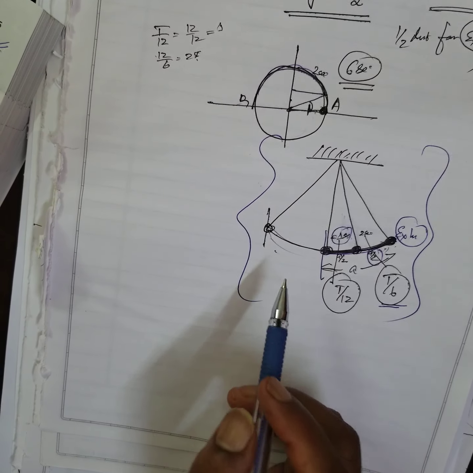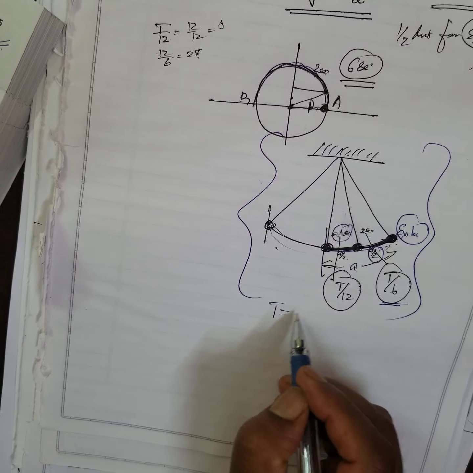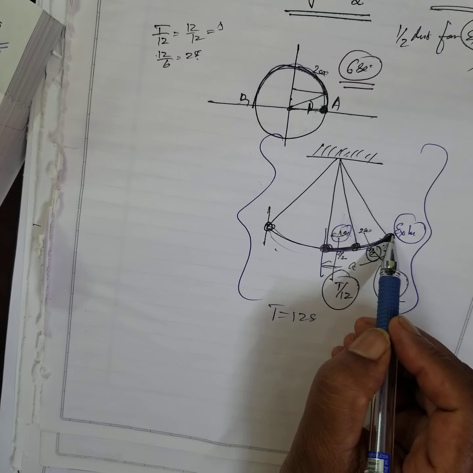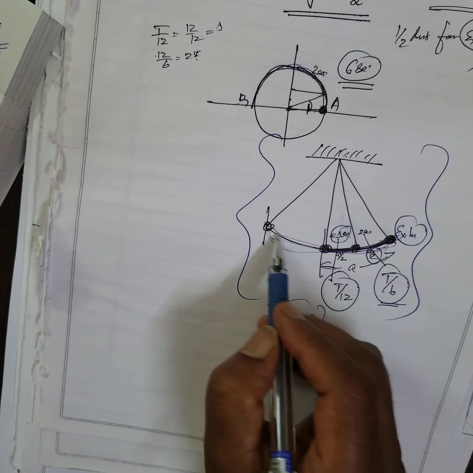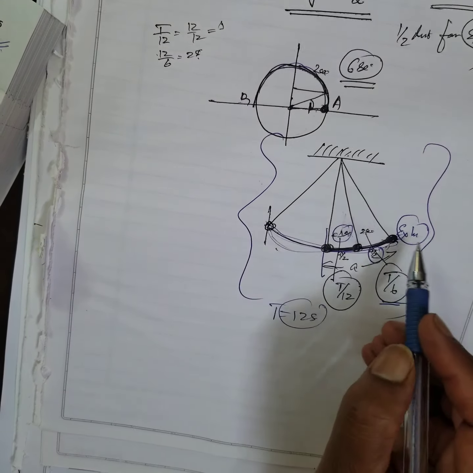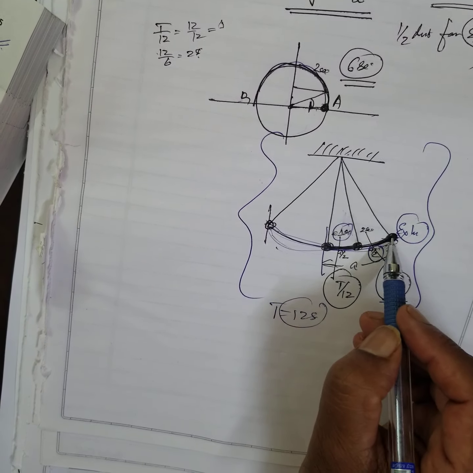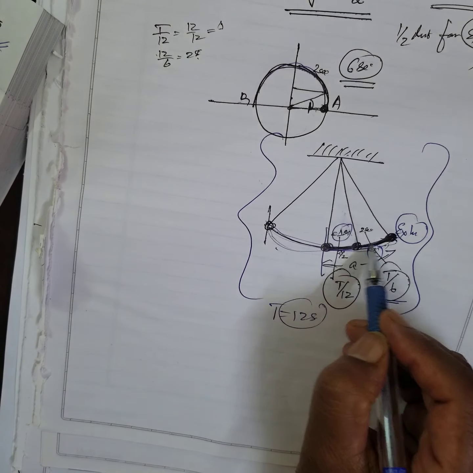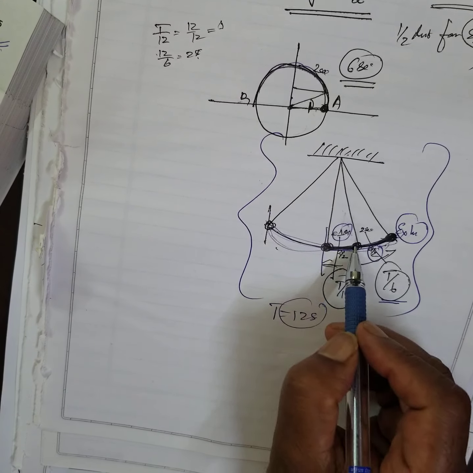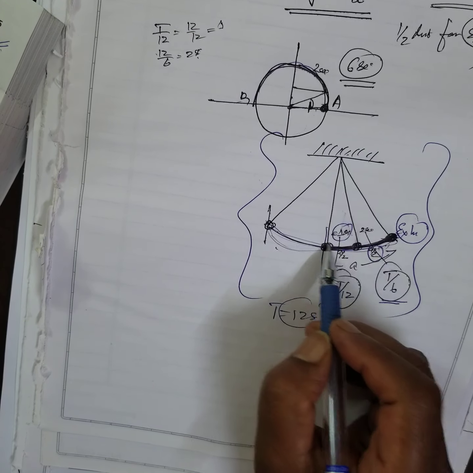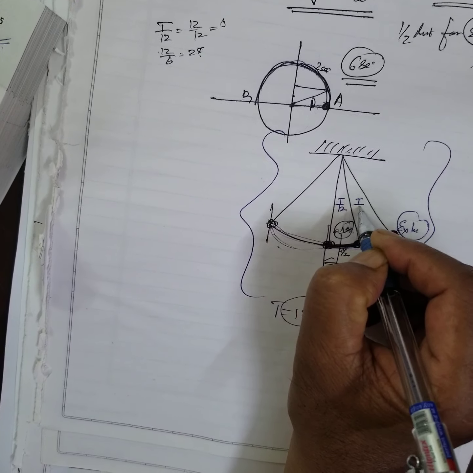During the simple harmonic motion, the period is equal to 12 seconds. That means one complete to and fro motion is 12 seconds. Half of the motion, 6 seconds. Right? From the extreme position to the mean position, 3 seconds. From here to here, it covers 2 seconds. This is the amplitude, half of the amplitude. And the same half of the amplitude in 1 second. That means the body is accelerating. Therefore, here T by 12, here T by 6.